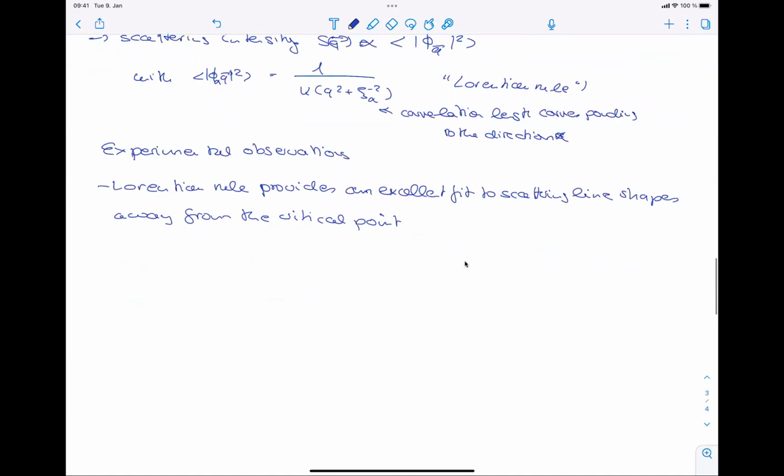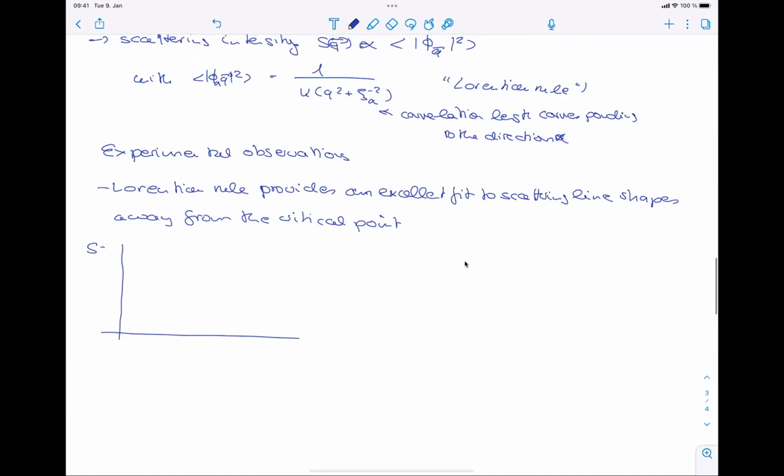So let me now plot this S(q) as a function of the wave vector we're probing. We observe this below the critical point, where the turning point, which is very hard to see in my drawing,